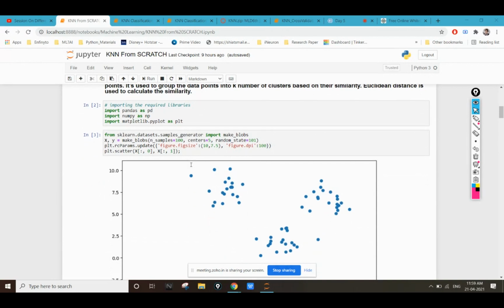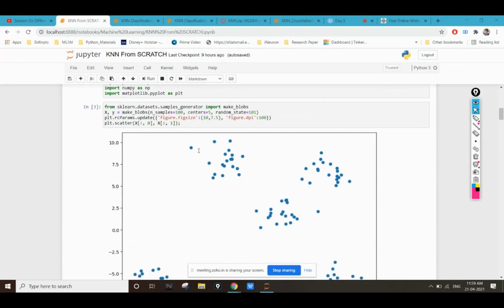So firstly, we are creating a blob, or we are taking random points. Okay. So we are creating samples. So in total we have 100 points, which by default have 5 centers. Okay. And then we are plotting those points.